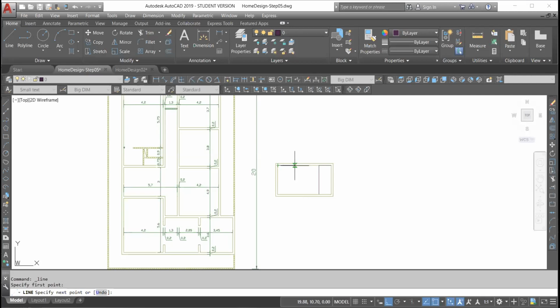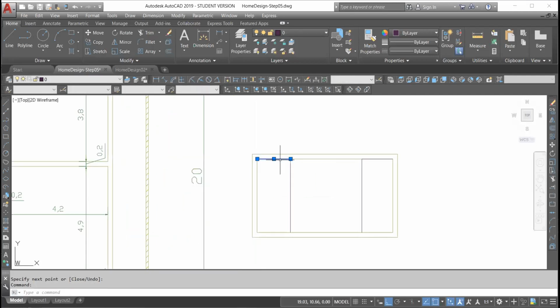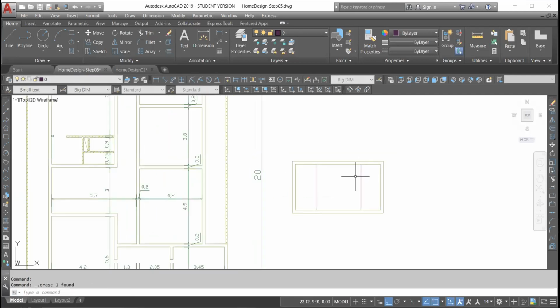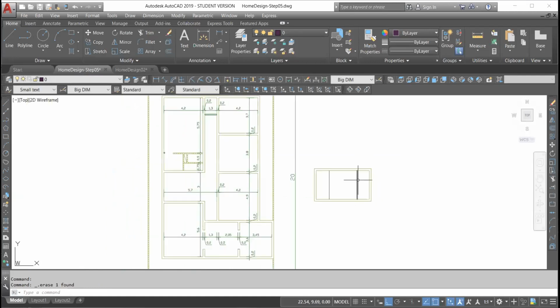I pass, cannot use mouse, 1.4, enter, and I come here, enter. I can delete this line. This is one way. I can use another way to draw these lines. I delete. I can use offset,